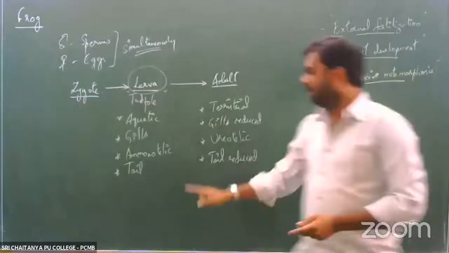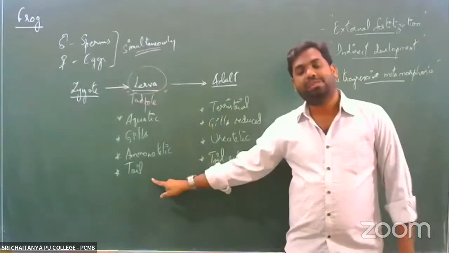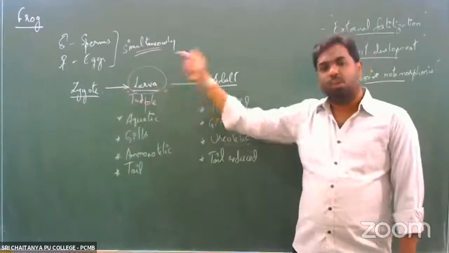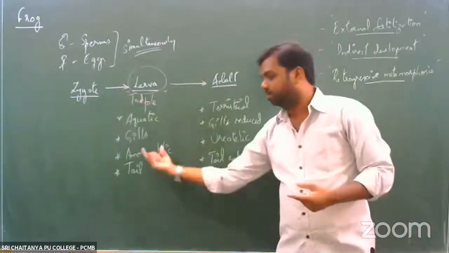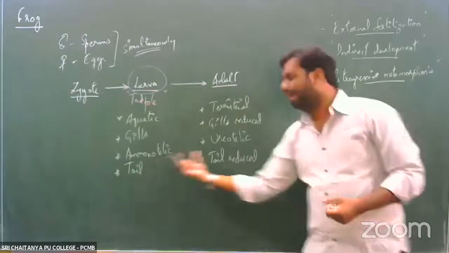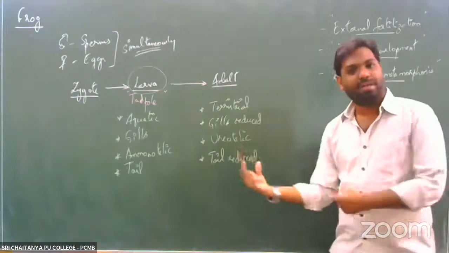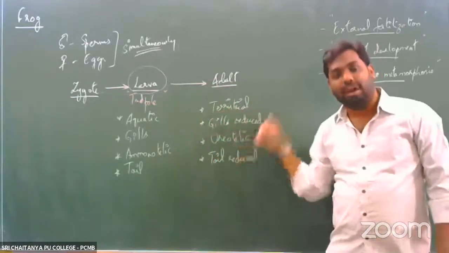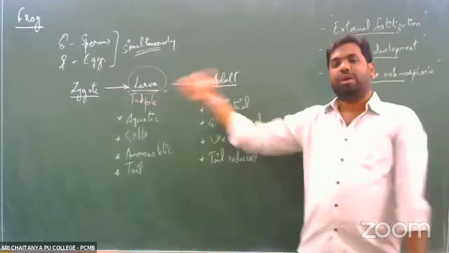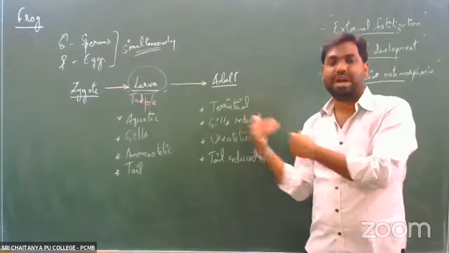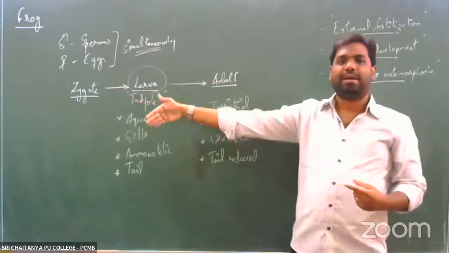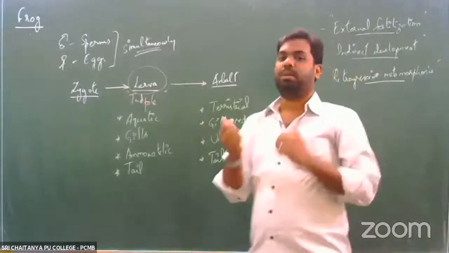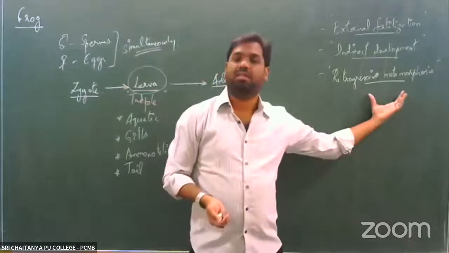One such example we can take with regards to the tail. The tail is said to be an advanced character, which was predominantly seen in the larval stage, while that advanced character would be highly reduced in the adult organism. So what does that mean? Larva has advanced characters, while the adult has the less advanced or primitive characters. If the metamorphosis is happening in this way, where larva has advanced characters and the adult organism has less advanced characters, such type of metamorphosis we would call retrogressive metamorphosis, right?